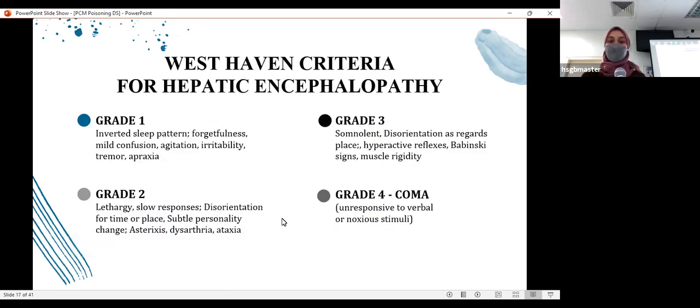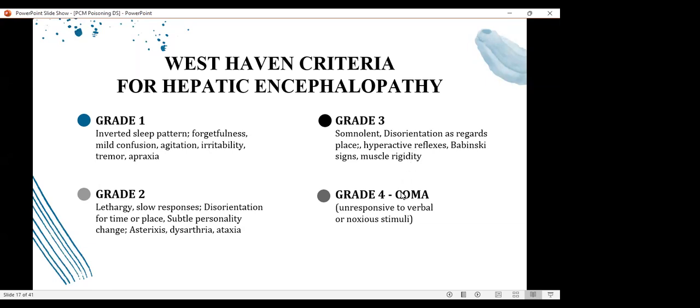All right, so among the complications of liver failure is hepatic encephalopathy. So there is this criteria for hepatic encephalopathy called the West Haven criteria. So grade 1 to grade 4. In grade 1, patients have inverted sleep pattern, they can have forgetfulness, confusion, agitation, irritability, they can have tremors and apraxia. In grade 2, they start to become more lethargic, have slow responses, disorientation for time or place, subtle personality changes. In grade 3, they become more somnolent, they become disoriented to place, they have hyperactive reflexes, they have obvious signs, and grade 4, they become